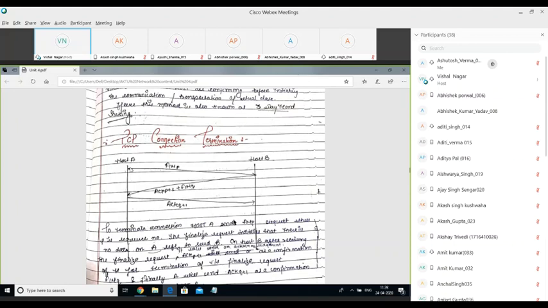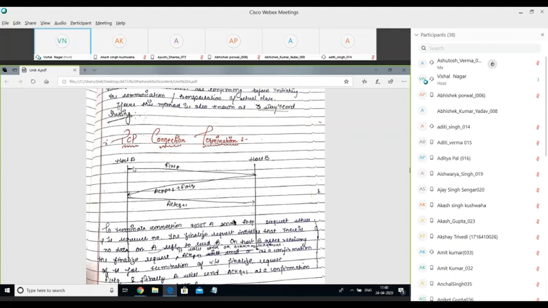Because in the previous case, when we were establishing a connection, both sides requested to establish the connection, similarly both sides must request to terminate the connection. In this case, host B is sending a request to terminate the connection with a sequence number Q.